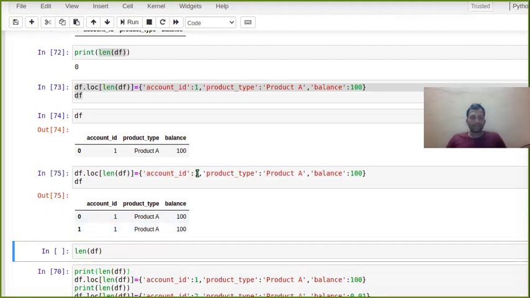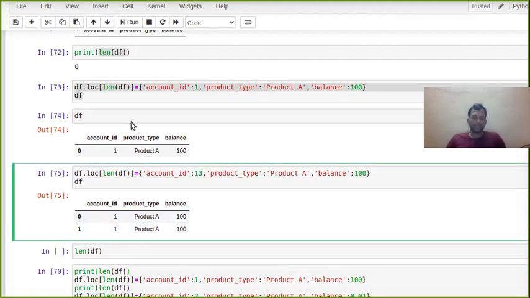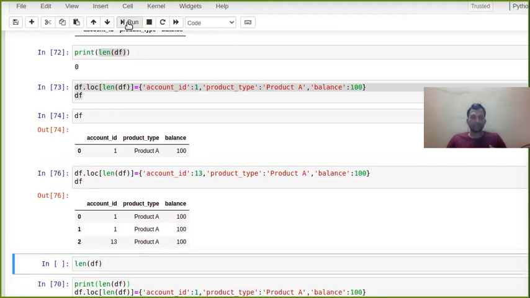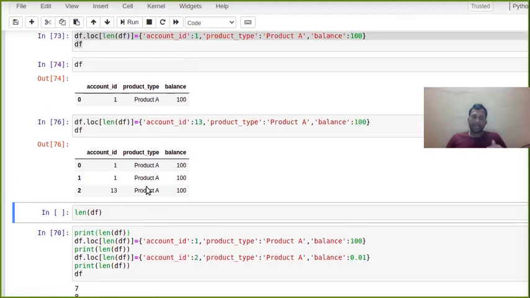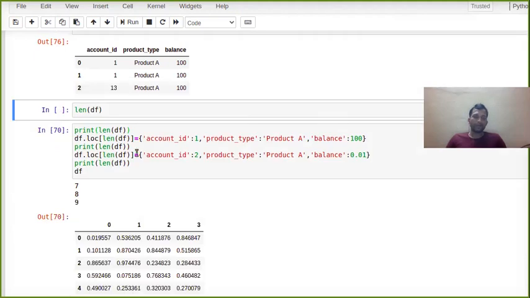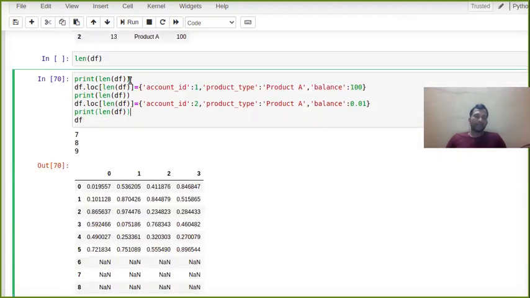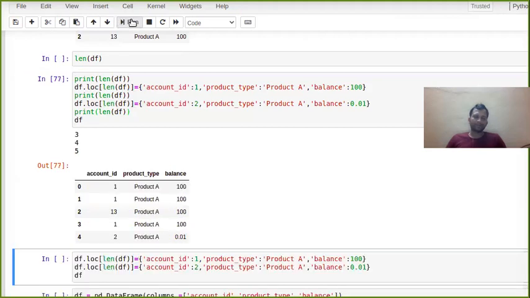Suppose I now want 4: again it will add a new row because the length has increased. So I am adding a row each time. Whatever you want to give, you can give. Like this you can add multiple rows and columns.